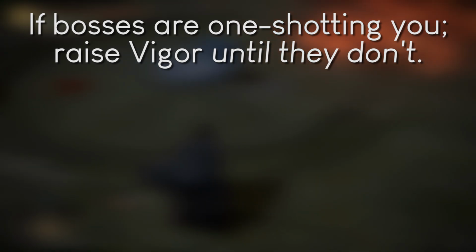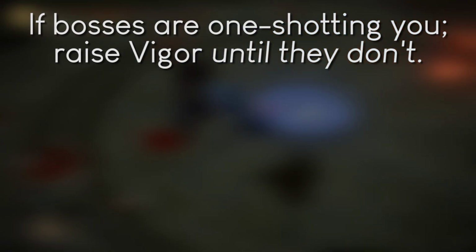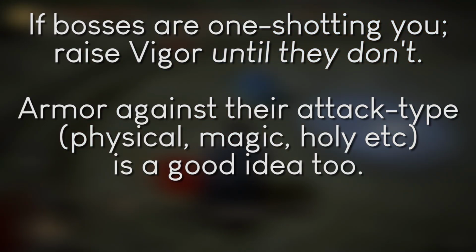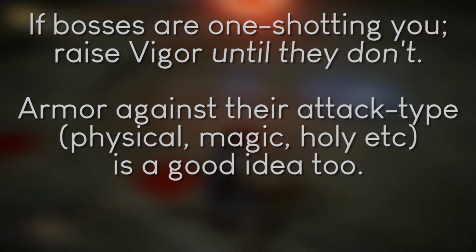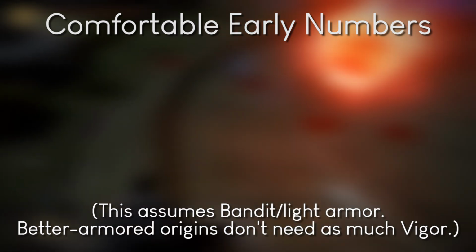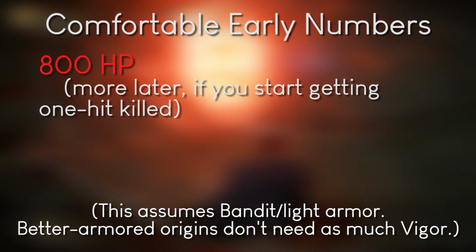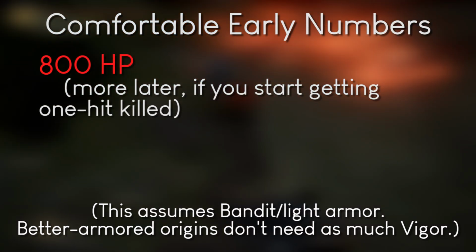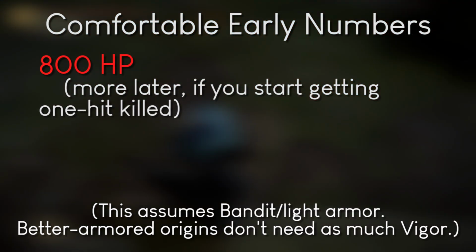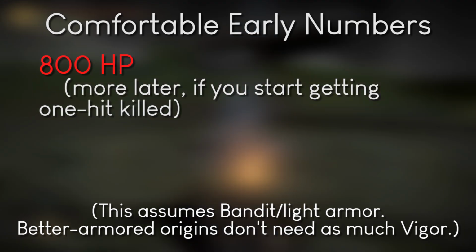The concept is simple. If bosses are one-shotting you, raise Vigor until they don't. If you want more defense, consider wearing armor that guards against their attack types, be they physical, magic, holy, or other. If you're someone who needs general numbers to feel good, in Limgrave a comfortable baseline I recommend is enough Vigor to have 800 HP. That should let you absorb 2 or 3 hits from bosses, giving you enough health to make some mistakes in